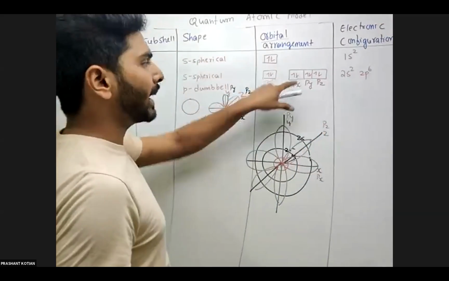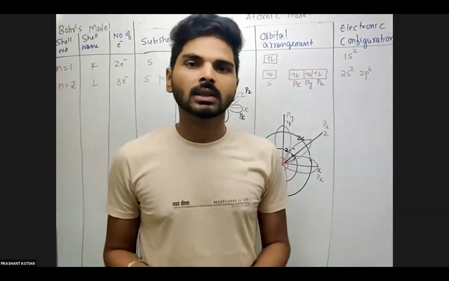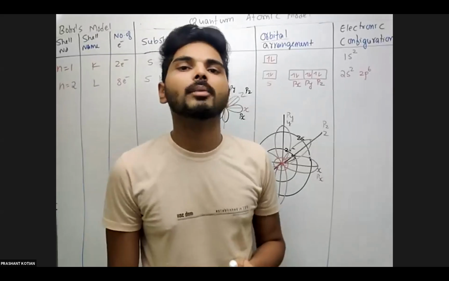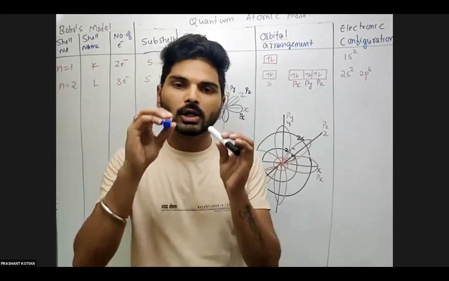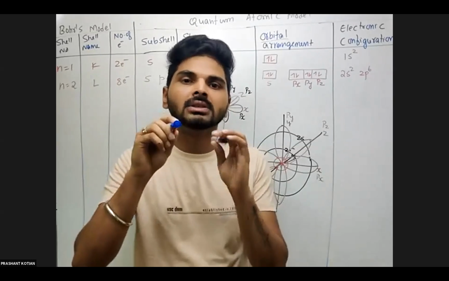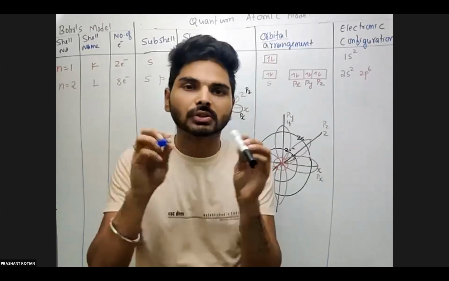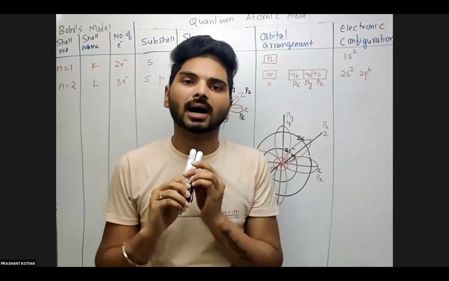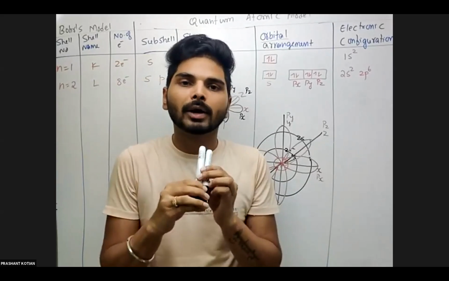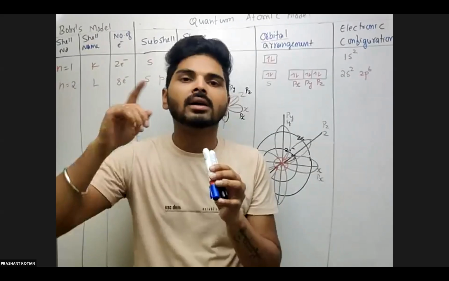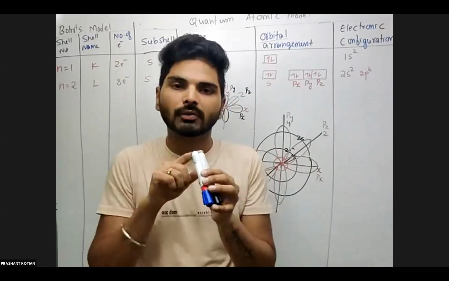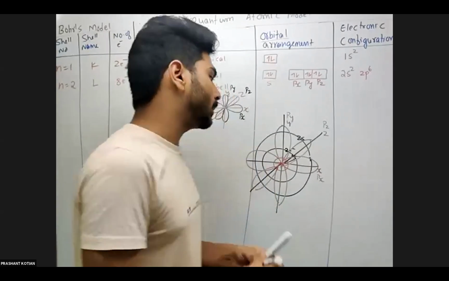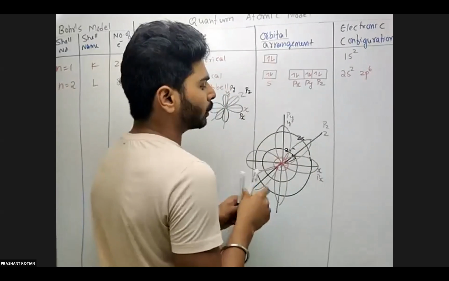So you can expect a maximum of two electrons. Why? Because you know only two types of rotations are possible. I'm not talking about revolution, I'm talking about rotation. One is rotating, let us say, in a clockwise direction, the other will be rotating anti-clockwise. So that means there will be a magnetic attraction. So no third electron can come, because a third electron will definitely have a rotation very similar to one of the electrons here. Thereby, even magnetic repulsion will start. So maximum you can expect two electrons in a particular orbital.